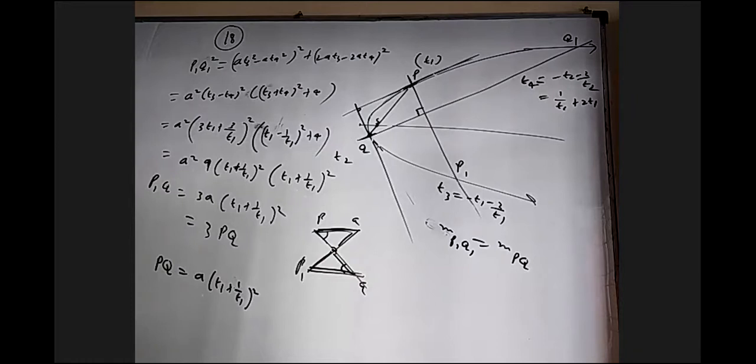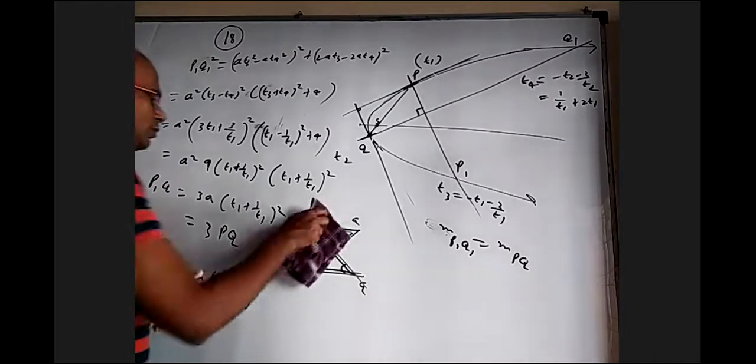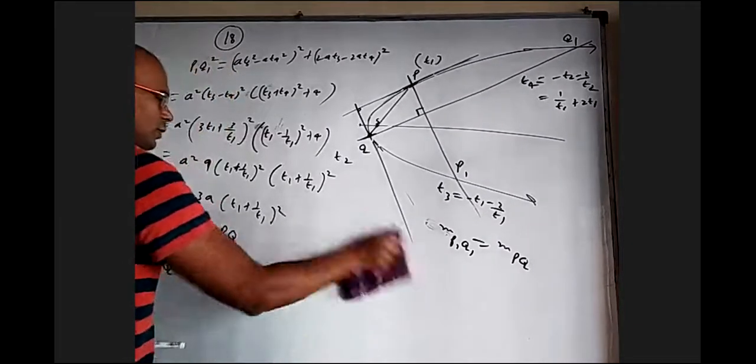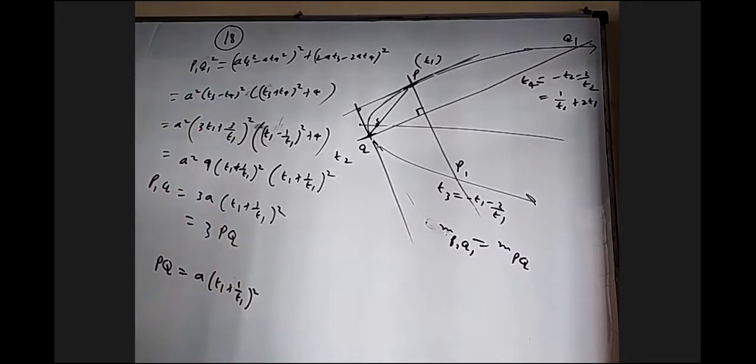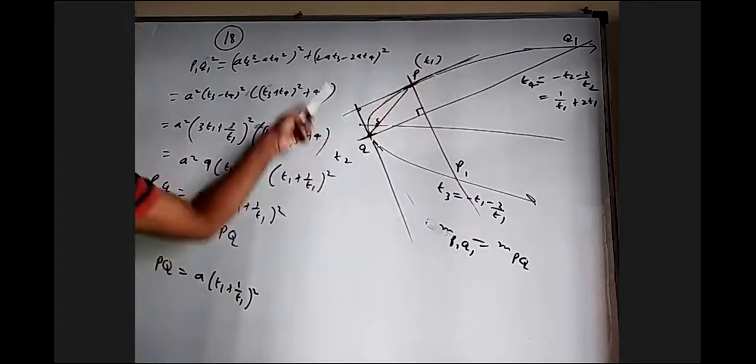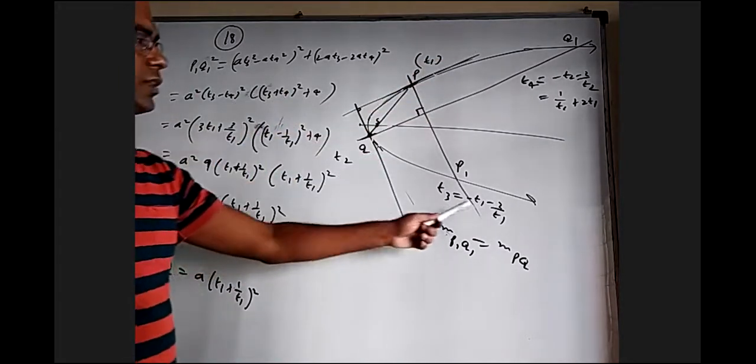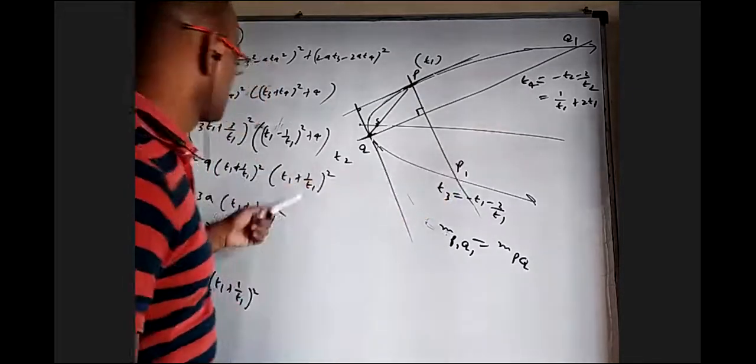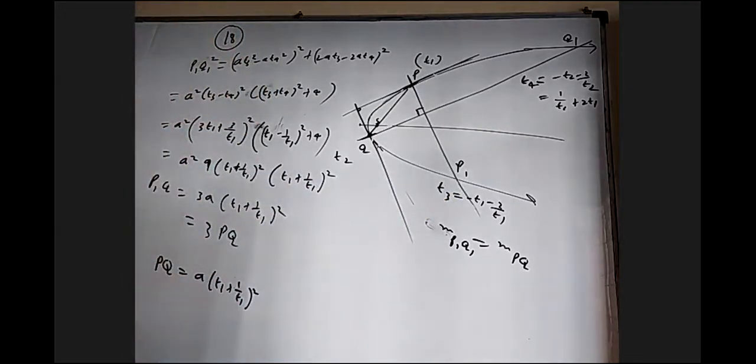Okay, so we are trying to do it by coordinate geometry. By pure geometry, there may be a way, but maybe lengthy or may not be. I just used the normal distance formula, and wherever t3 is there, I used this; wherever t4 is there, I used this. When I simplified, we got 3 times this.